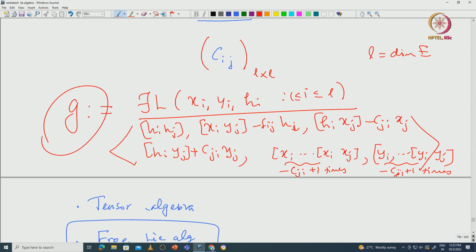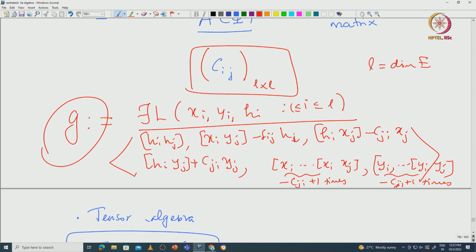Then one can prove that this Lie algebra is indeed a finite dimensional semi-simple Lie algebra, and the span of the h_i will form a Cartan subalgebra of G, and with respect to the adjoint action of that Cartan, you can talk about the root space decomposition and the set of roots. That set of roots, if you take the Cartan matrix of that, will be, up to reordering, equal to the Cartan matrix that we started with.